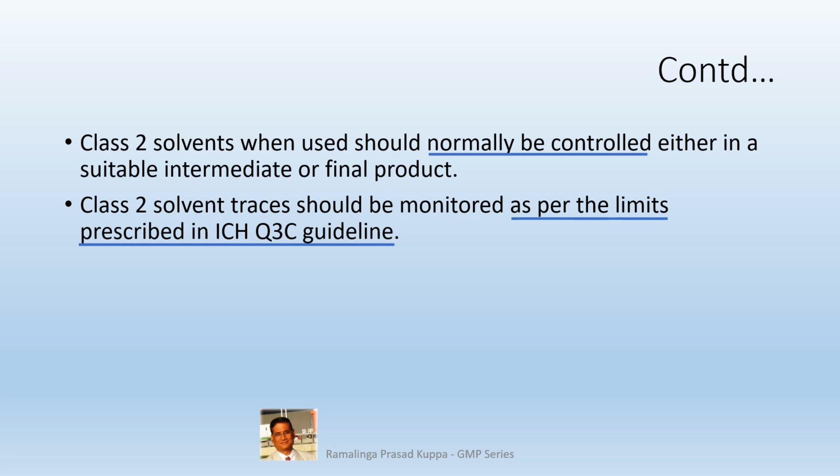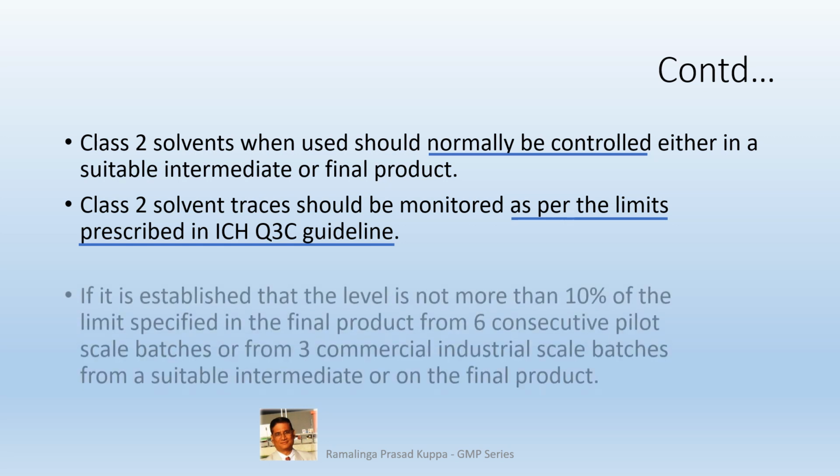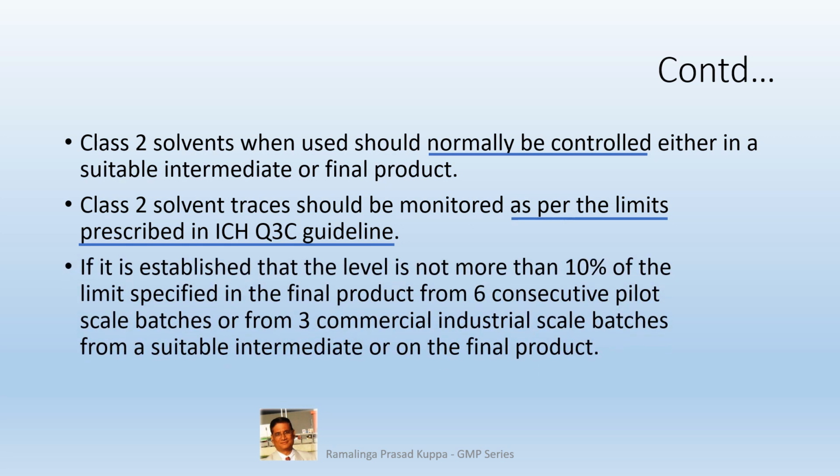This list is also available in the USP 467 chapter. If it is established that the level is not more than 10% of the limit specified in the final product from 6 consecutive pilot batches or from 3 commercial industrial scale batches, from a suitable intermediate or on the final product,